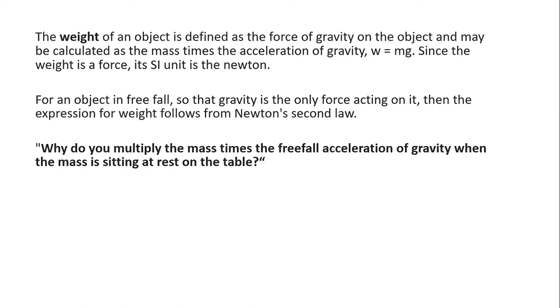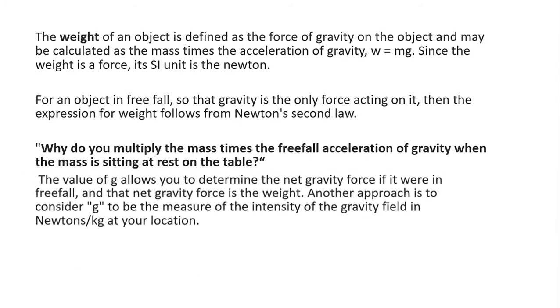Now, for an object in free fall, where gravity is the only force acting on it, the expression of weight follows from Newton's second law. Why do you multiply the mass times the free fall acceleration when the mass is sitting at rest on the table? The question here is that when something is falling from some height, we do see some motion. We can say that it is accelerating. There is a force applied to it. But why do we still multiply g to every object that has mass,